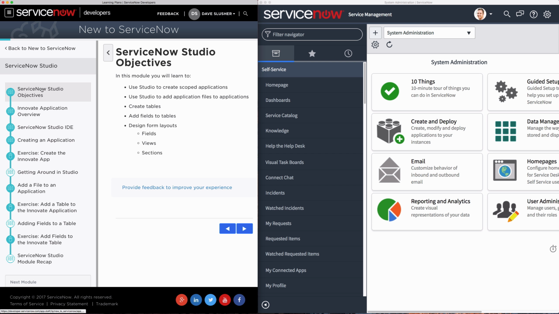Now, I'm also not going to cover every single one of these informational pages. We're mostly going to work through the exercises. I will just very briefly cover these pages to get some of the concepts that you might need as you're watching this. So starting with the ServiceNow Studio objectives, the whole idea of using this learning plan is that by the time you're done with it,